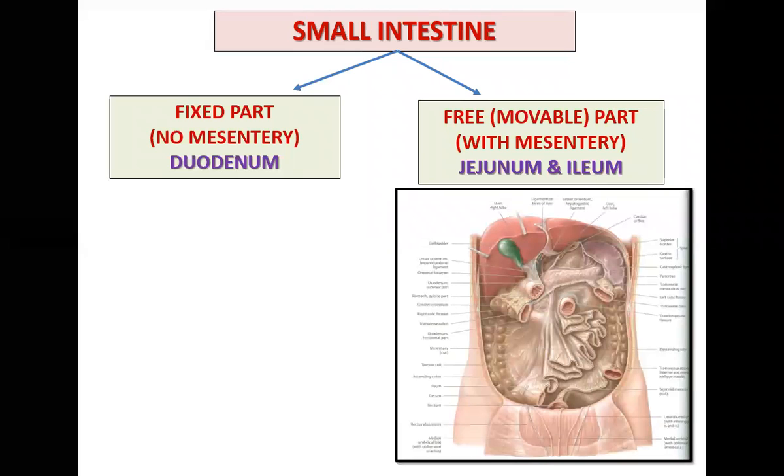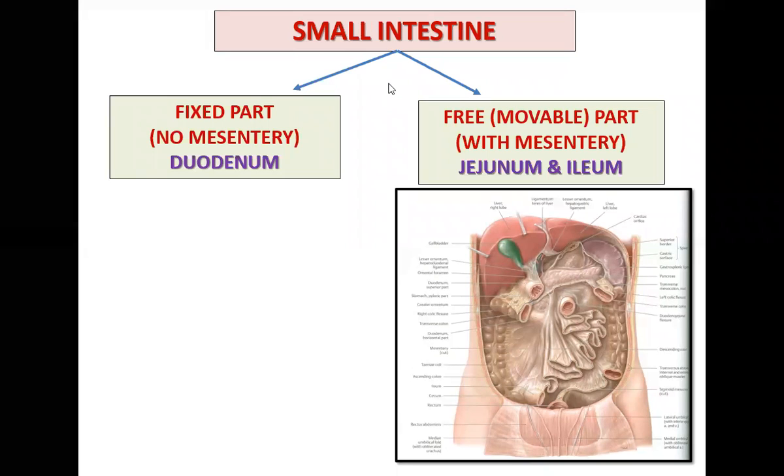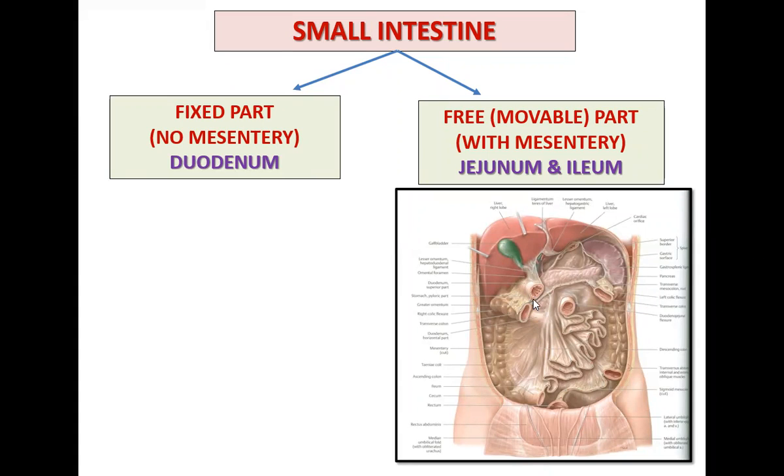So if you see here, this is the duodenum behind, which is attached to the posterior abdominal wall. This part of the small intestine, the duodenum, is totally adherent. And if you see here, this is one of the layers of the peritoneal fold. So it is behind the peritoneum. So it is retroperitoneal. So it is fixed. But most of the remaining part, the continuation which is cut here, that is the jejunum and ileum, will be freely mobile.